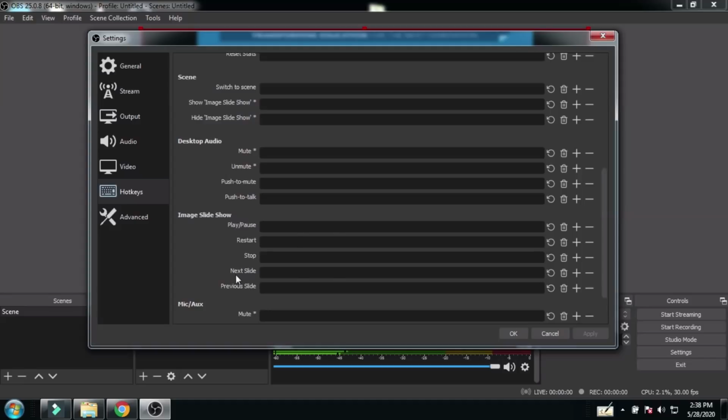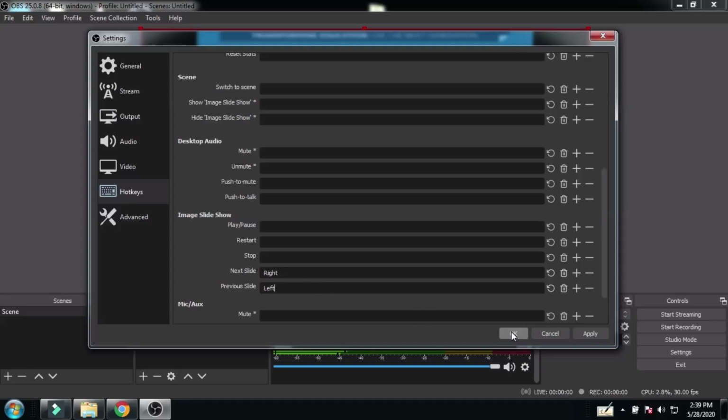For the next slide you have to assign some keys. Assign the right arrow key for the next slide, on your laptop or PC, and if you have to show the previous slide, the left arrow key. Next slide is the right arrow key, previous is the left.